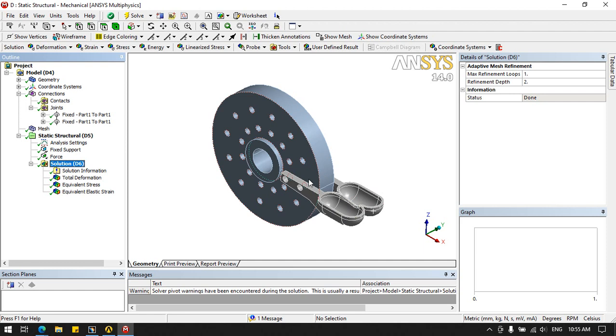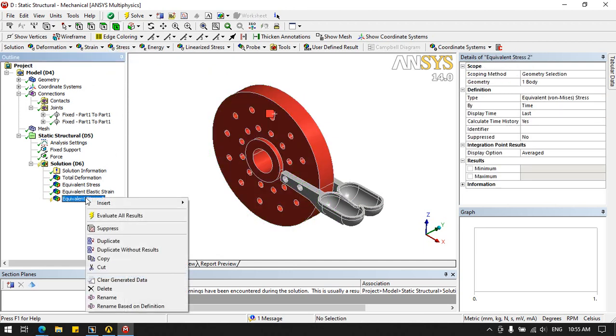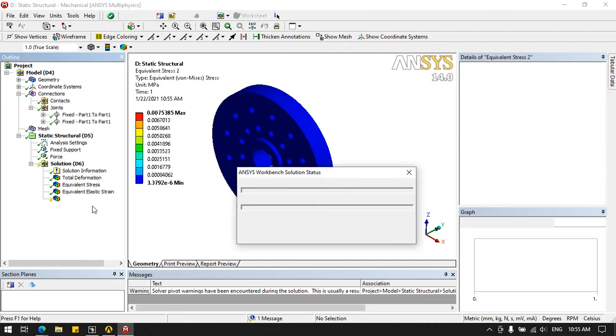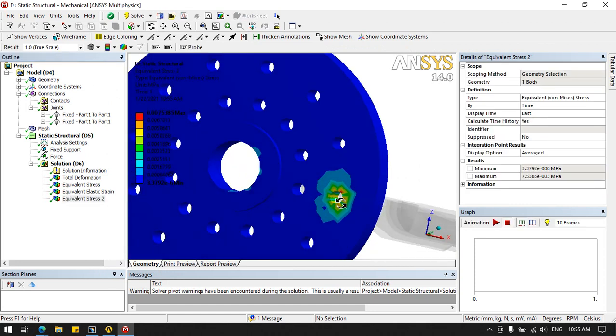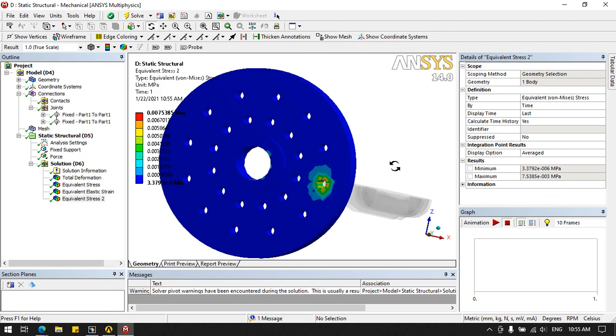That's why body selection, stress, right click, evaluate results, so that we can see stress over the body. Here more stress or more deformation is coming. Because of the force going in the downward direction, we can see the effect over here.